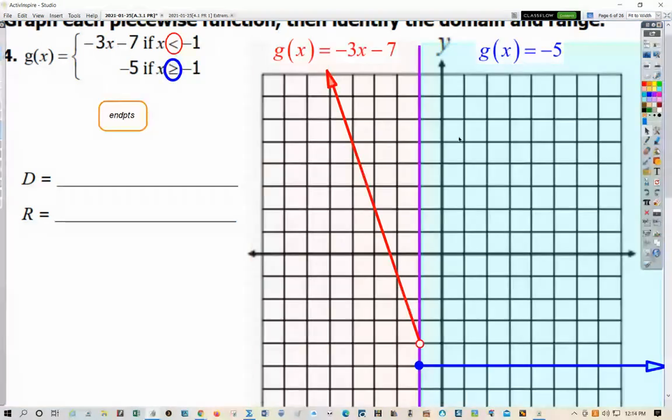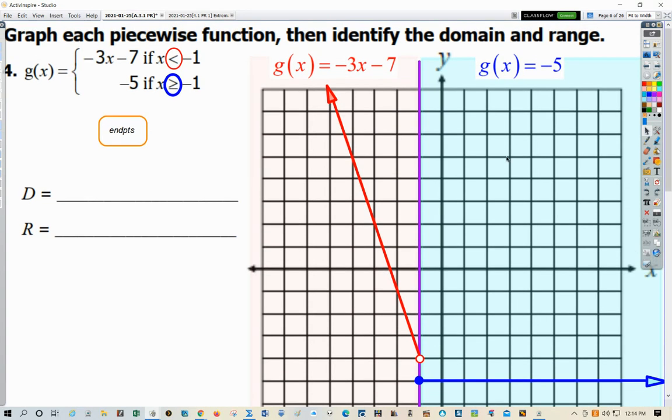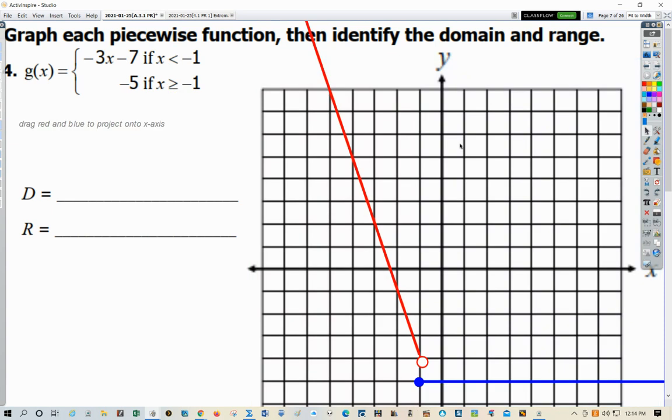Okay, so now the next part of this is we want to list the domain and the range of our piecewise function. So let's start with the domain. So the values of x that are graphed for our function. Okay, I got what I think is kind of a cool way to do this here. So here's the red piece. What if I take this red piece and I'm going to,